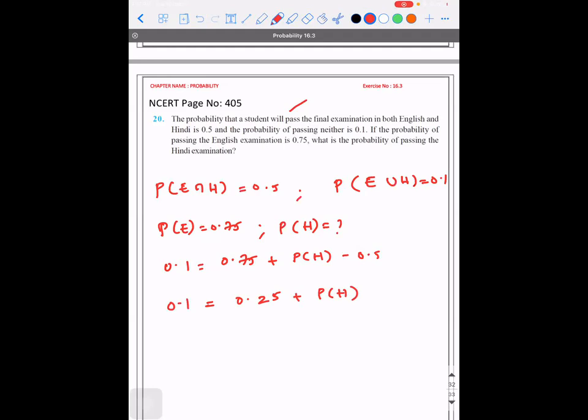Are you getting a negative value? So I don't think P of E union H is 0.1. So the probability of passing either, P of E union H the whole dash, is 0.1. Yes, yes, because I'm getting a negative value. That's right. So P of E union H the whole dash is 0.1, which means